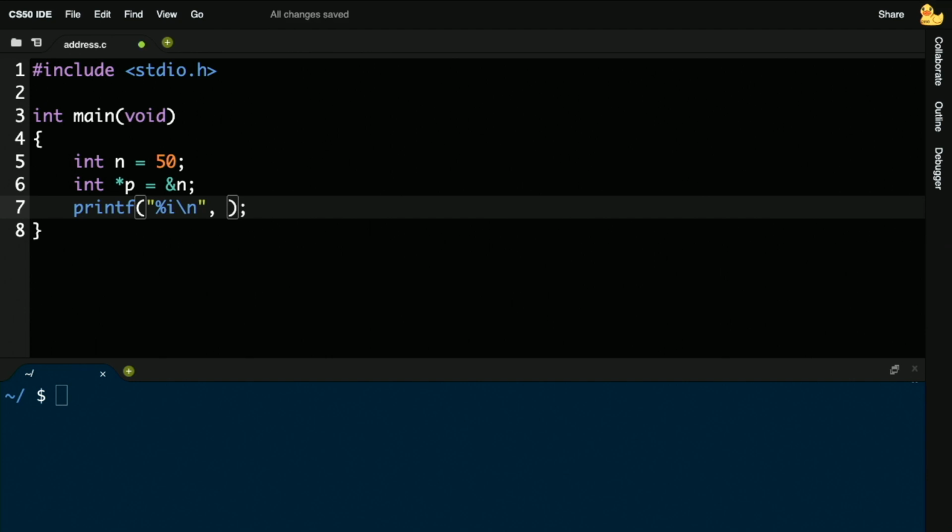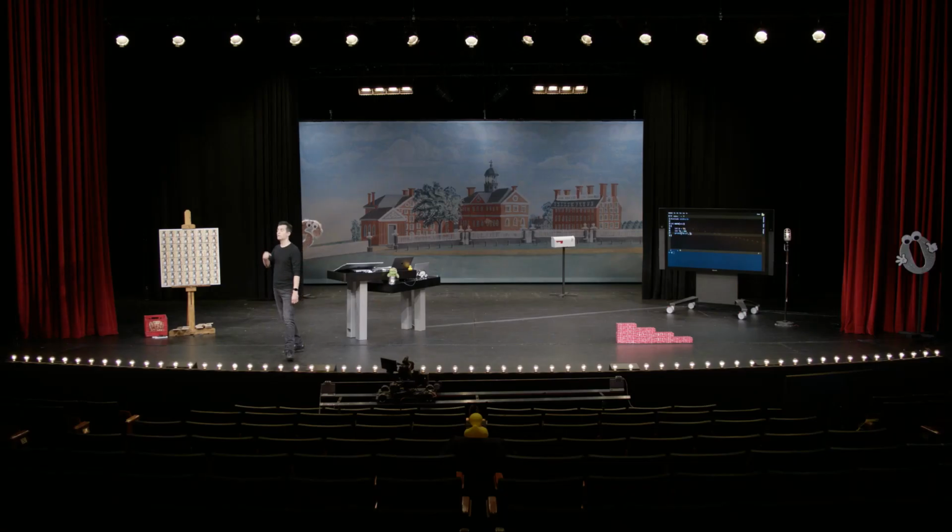But suppose I don't want to print n for this exercise. How can I now print the value in n by referring to it by way of p? What should I literally type as printf's second argument to print out the value of n by using this new variable p in some way?